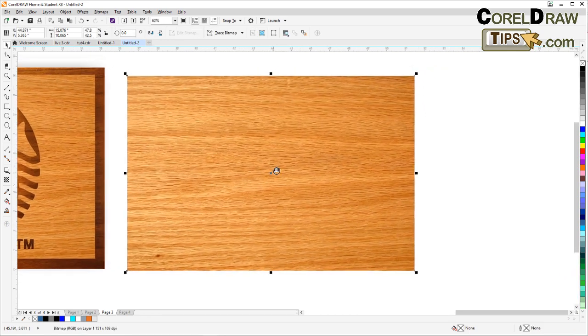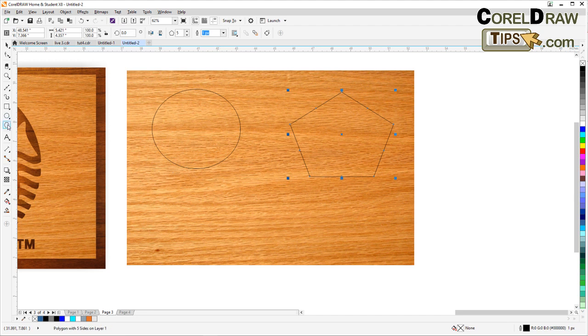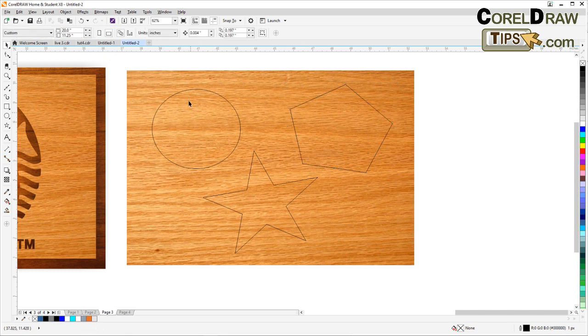So now what I'm going to do here is I'm going to create random shapes. Like for example here, I'm gonna make shapes like that, and then maybe this one will like that, and then I'm gonna get, sure, maybe star. I'm gonna go like this. Okay, and then I'm going to rotate that, and maybe rotate this too. Okay, so now I'm going to power clip this, right? I'm gonna power clip that, but before power clipping, I'm going to make